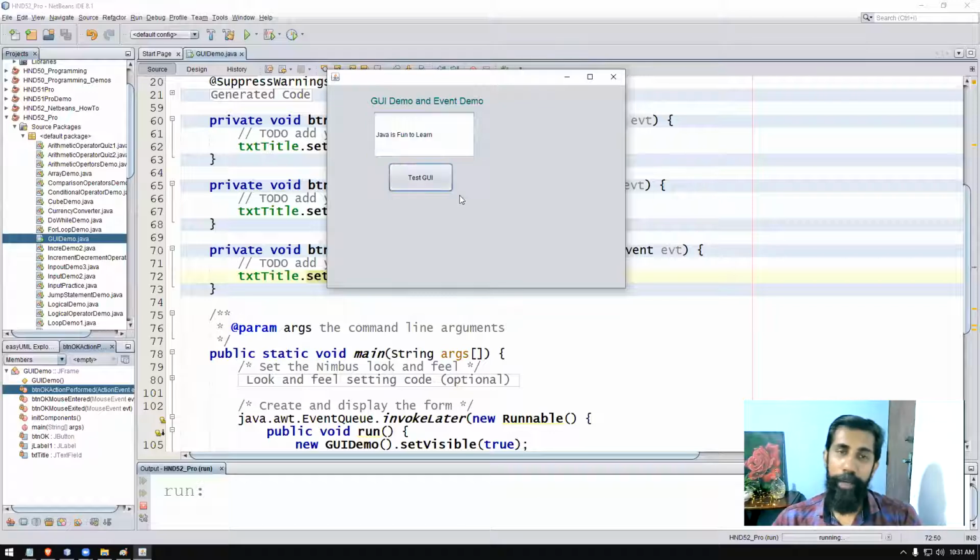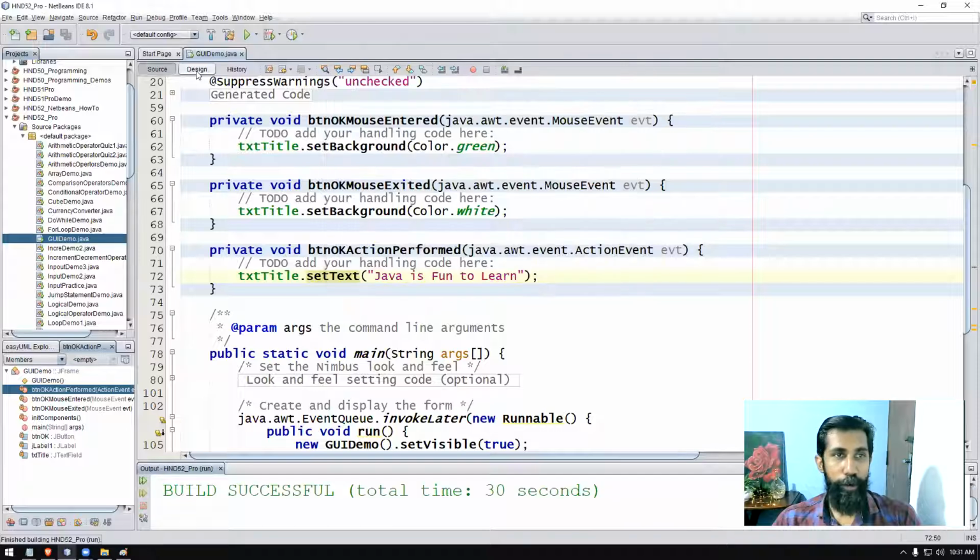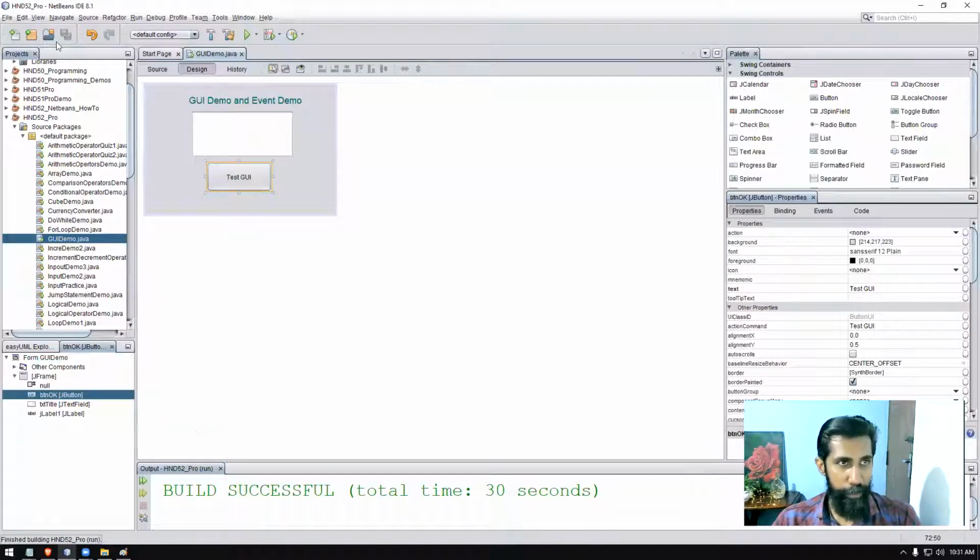So you have made your first GUI program and you set the properties. Now you did the coding, right? The final step we did was we saved the project. Actually, we don't have to save it and run, because NetBeans automatically saves the project before running, because programs can crash during execution. So actually the 4th step should be: save the project, run and test. So we have to execute and see how it's working.